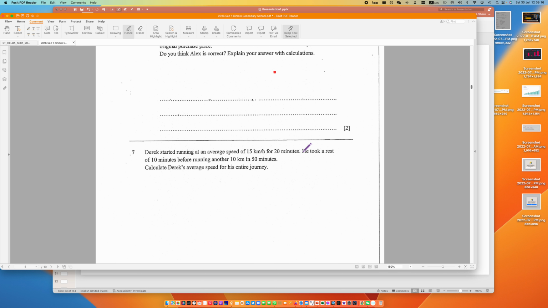5 is from the 15 km per hour is equivalent to 0.25 km per minute. And then 0.25 times 20. How do you get the 5? Yep, very good. 0.25 times 20 equals the 5. 20 minutes. Okay. How do you get the 5? 15 km per hour is equivalent to 0.25 km per minute. Wait. Why you use kilometer per minute? So that I can times 20 to get 5 km.